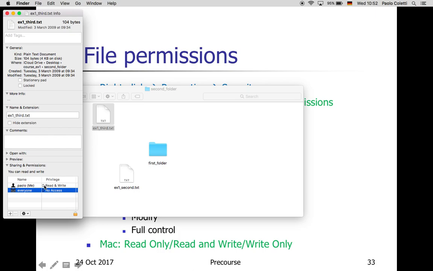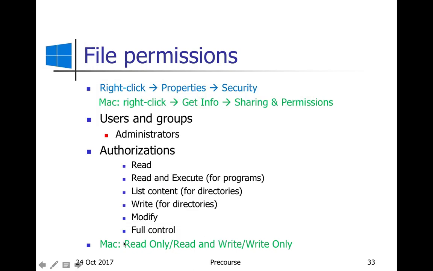The Mac permissions are very simplified compared to the Windows permissions, because you basically have, as you can see, only two options. Here you have three options. One is read only. If you have read only permission, you can only look at it. Pay attention, because with read only permission you can only look at it, but you can also copy it. So if you want to modify it, you can copy it somewhere else. That copy is yours and you can modify it. So with read permission, you can look at it, but also copy it and make modifications to the copy. Read and write, you have the permission to look at it, modify it, and even delete it.